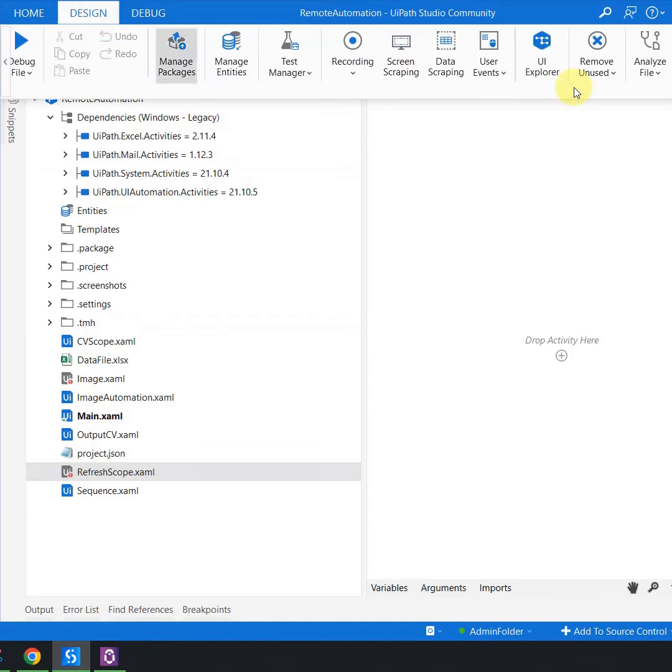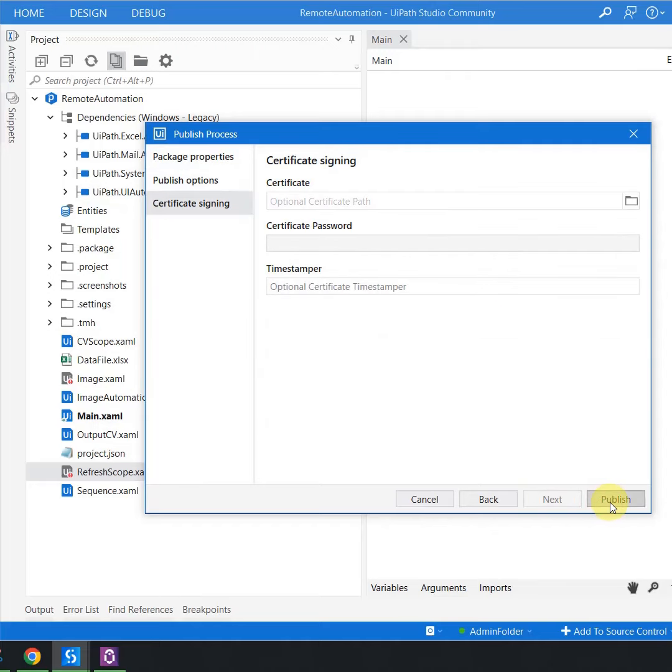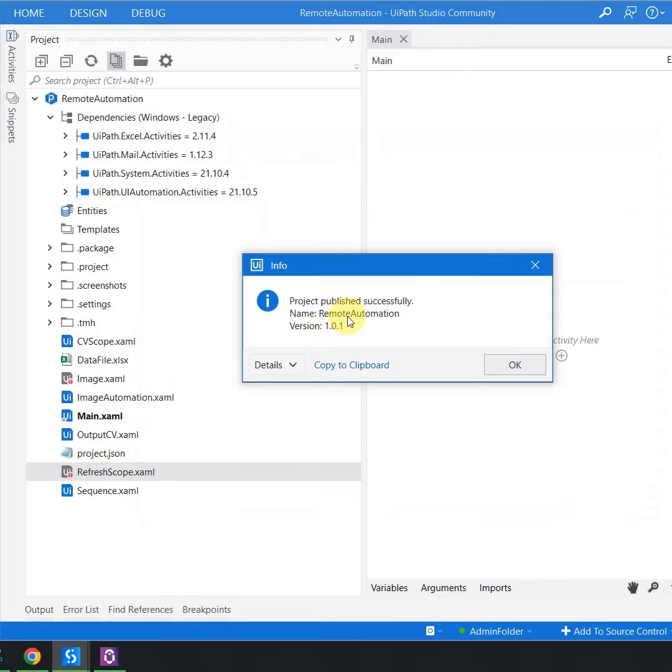Now whenever you are trying to publish the project to the orchestrator, you would see the same option is available as the package icon. This is exactly the same. We just have to specify the icon path here. Right now, if I simply go and click on this button which says publish, the remote automation project is published to